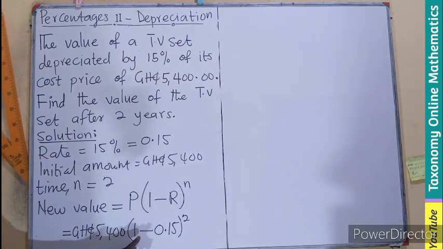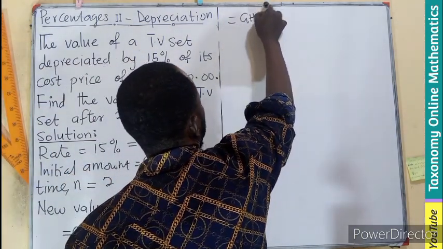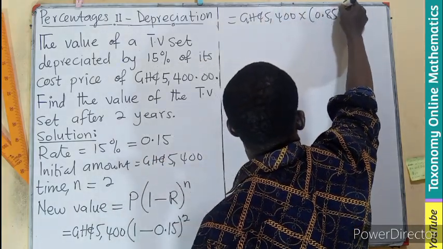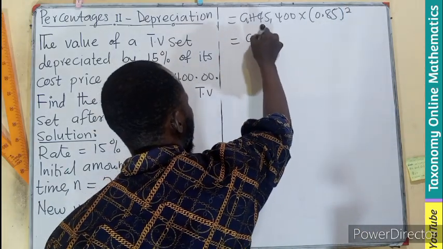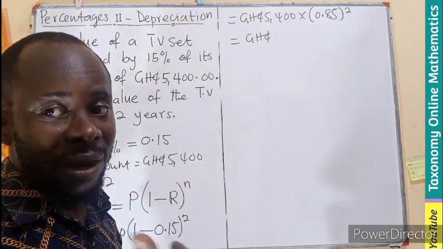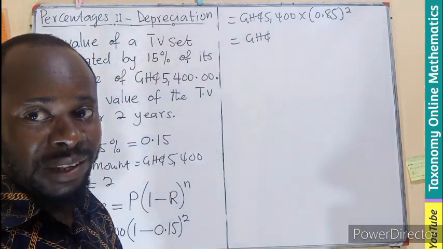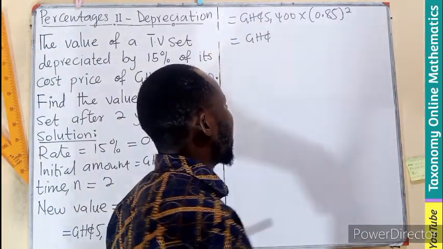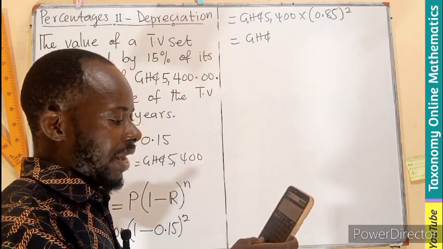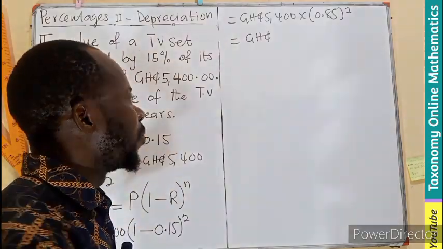So this is just like 100%. This is also like 15%. When we subtract the 2, you should be having 0.85. So we have 5,400 multiplying 0.85 raised to the power of 2. Remember, we can find 0.85 times itself, that is 2 times, and get the result in decimal before we multiply, or just put in 5,400 times your 0.85 squared, and that will be